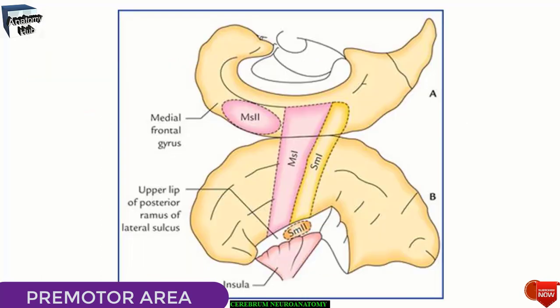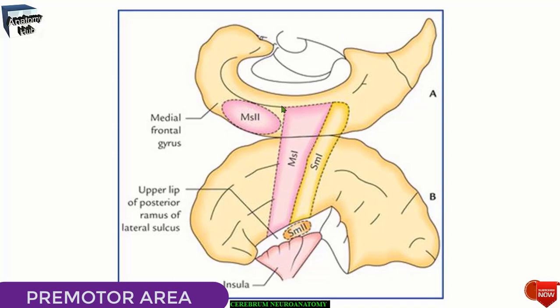Here in this figure you can see the main sensory and motor areas projected diagrammatically upon the superolateral surface, which you can observe in this picture, and the medial surface of the cerebral hemisphere, which you can see in this picture. You have to note that the primary or first somatomotor area includes both the primary motor area and the premotor area.